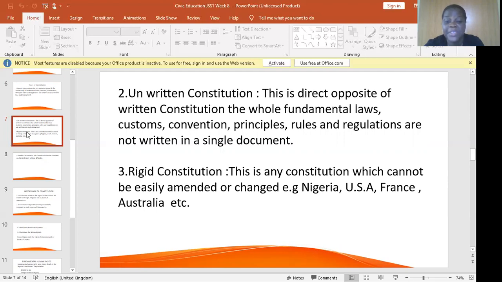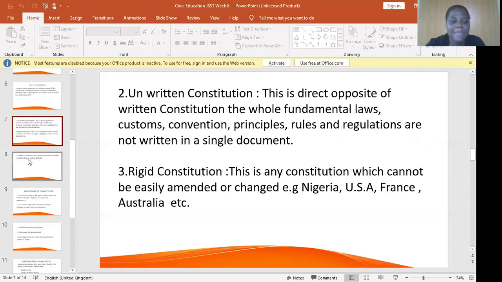To be honest with you, some parts of the constitution need to be rigid so that the selfish interests of our leaders will not erode our rights. Otherwise, they will make laws that suit their own selfish interests and not consider the masses.